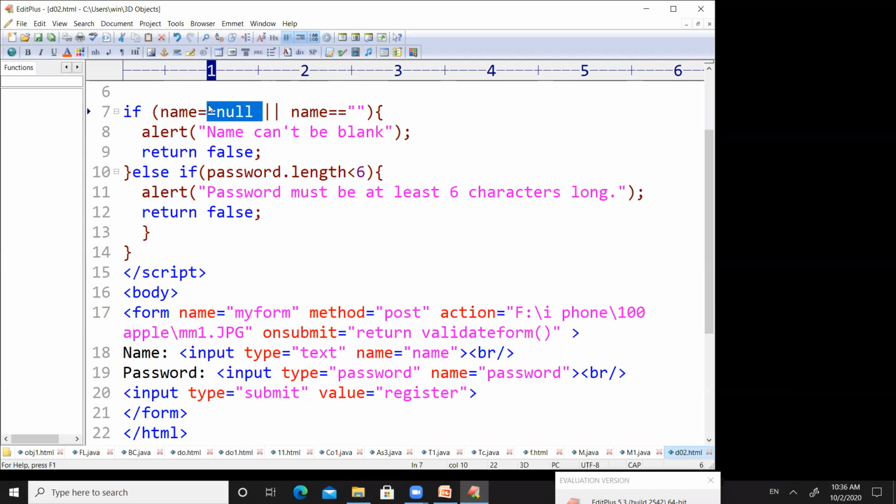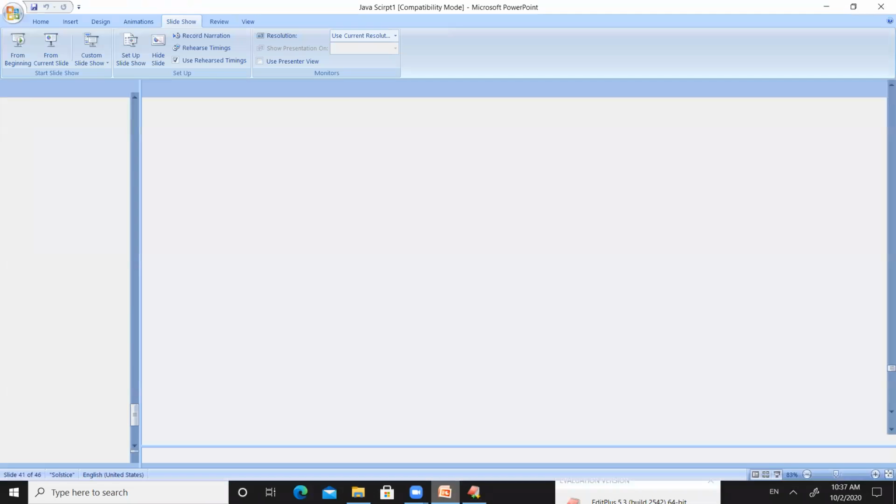You can also practice whether the filled form contains all numbers in the case of a phone number, or in the case of a mail ID, we need to have at the end at least @gmail.com or @yahoo.com, something like that, right? So please practice validating forms. There you get great knowledge of how we can write JavaScript code to validate forms. It is very important. A lot of web developers use this JavaScript. As I said earlier in the slide also, many web browsers use JavaScript for form validations, right? Let us see the next one.